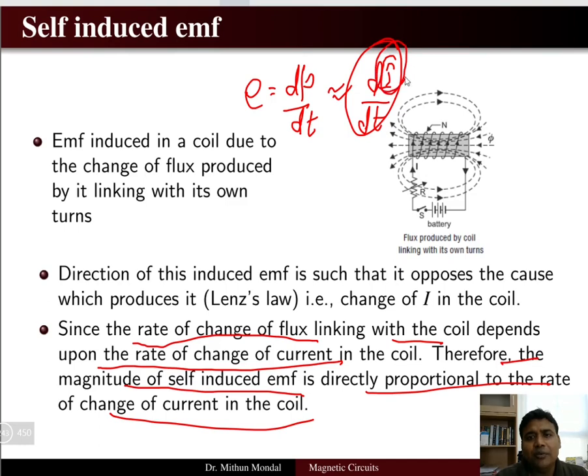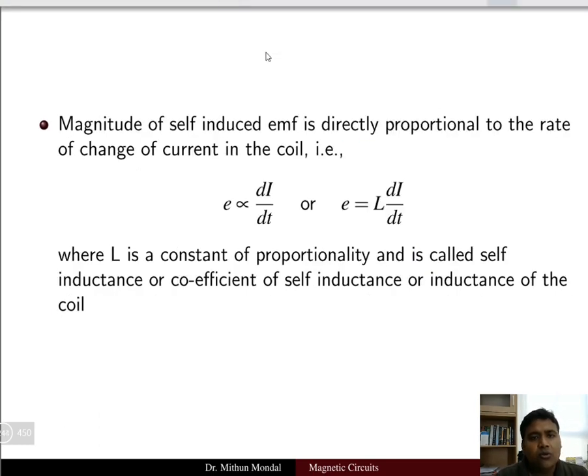Only there is a change in the current. This current is being controlled with the help of a variable resistance. So the current can increase or decrease with respect to time. Then what will happen? Due to the change in the current, you will get an EMF. Okay. Now you understood that EMF is directly proportional to the rate of change of the current di by dt,